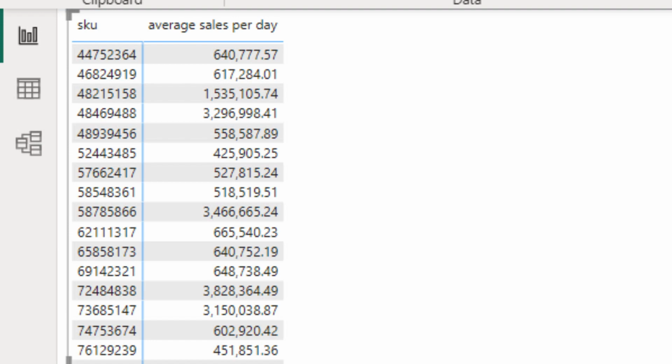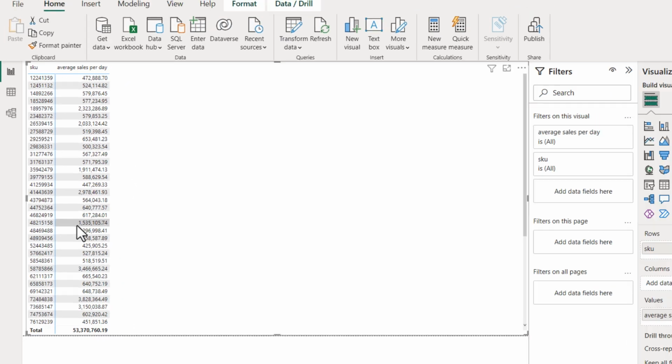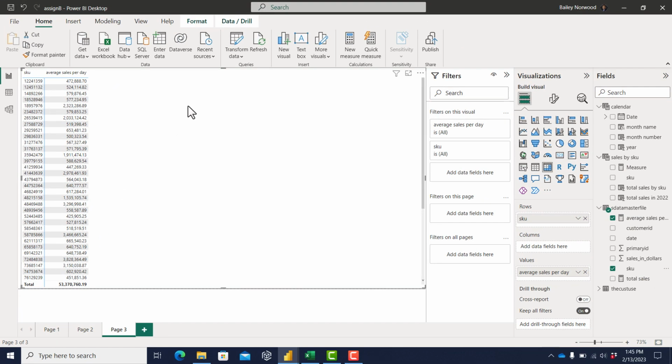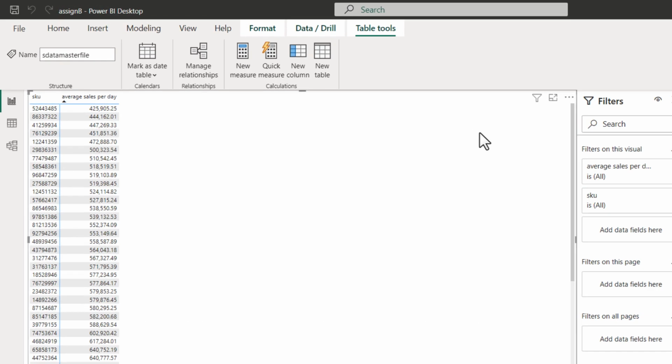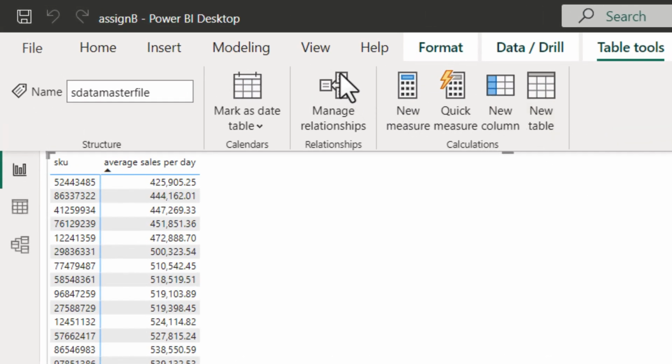Well, remember that in addition to average sales per day, we want the standard deviation of sales per day. We haven't made that yet, so we're going to make that as one of our new measures. We're going to make sure we're in the sales data. We're going to go to new measure,